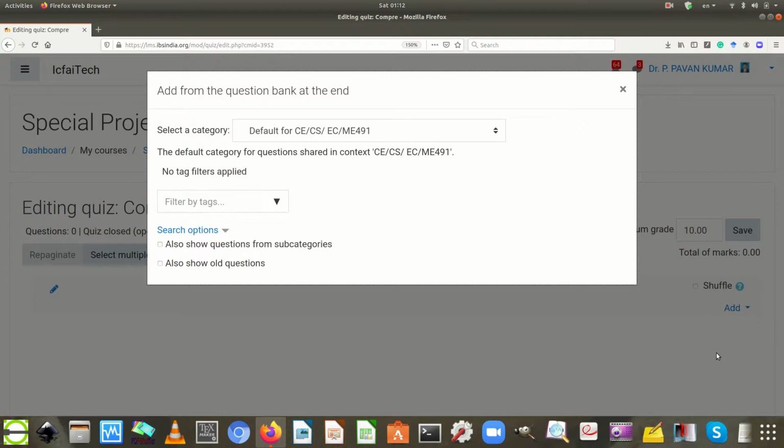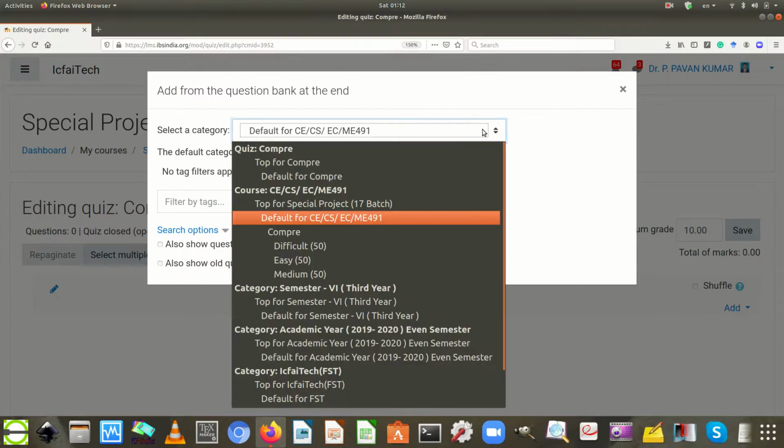Once the operation is completed successfully, the LMS loads a dialog box. Then the user can see a select a category drop down sector. In that, the user can see the organization of the question bank.